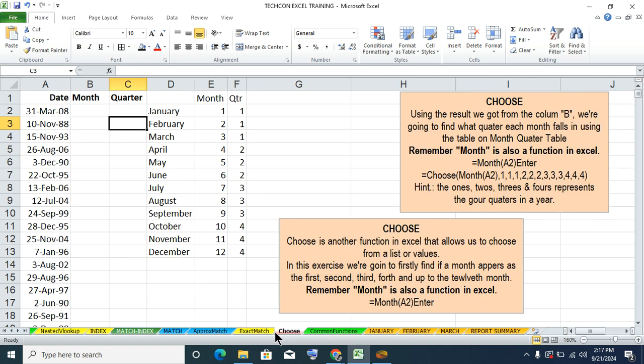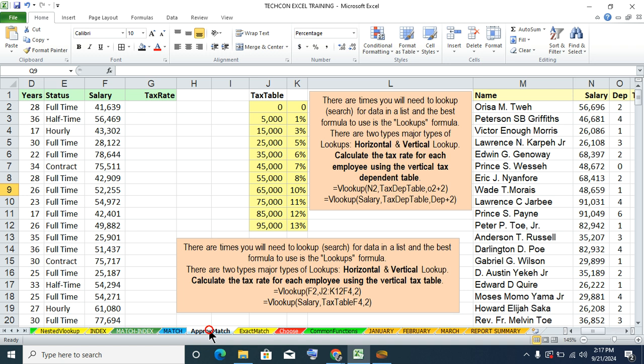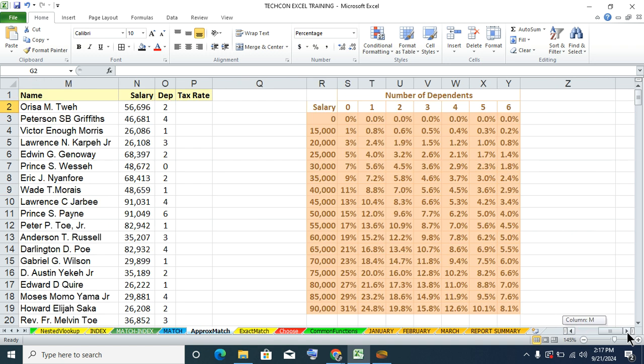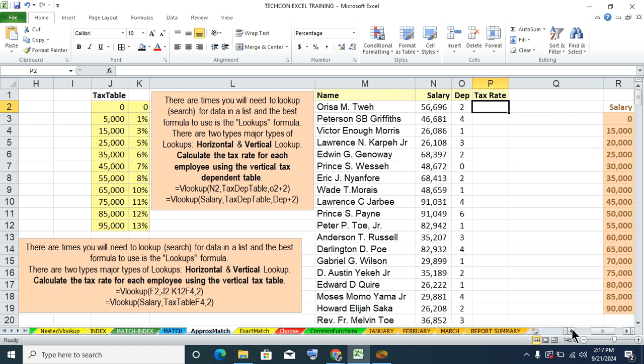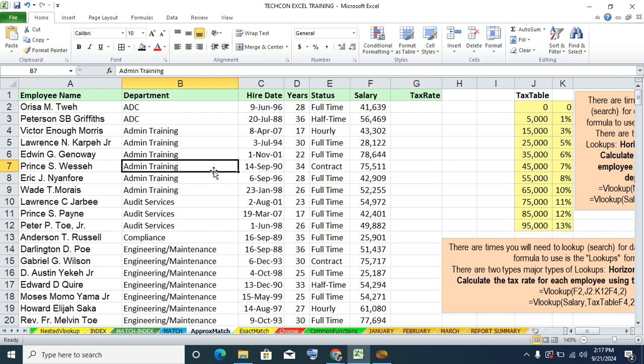Just say on the choose sheet, what do you have for the first month or the first quarter, or for the approximate match? What do you have for the tax rate? Or we'll move on to the next. This here, what do you have for the tax rate, and so forth. So any question or comment, then we follow the